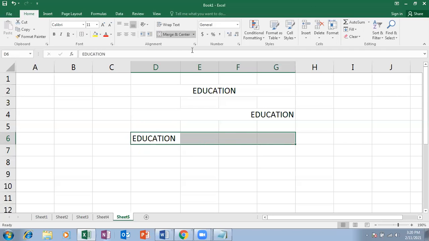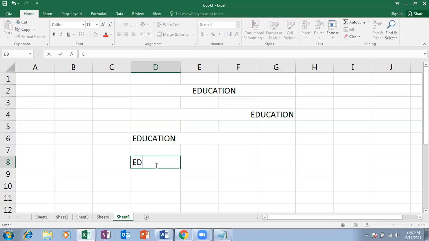Across means if I give left alignment, it keeps in the left. If I give right alignment, it keeps in the right. If middle, then middle. That's what across is. Merge and center means it merges and keeps the text in the center portion.